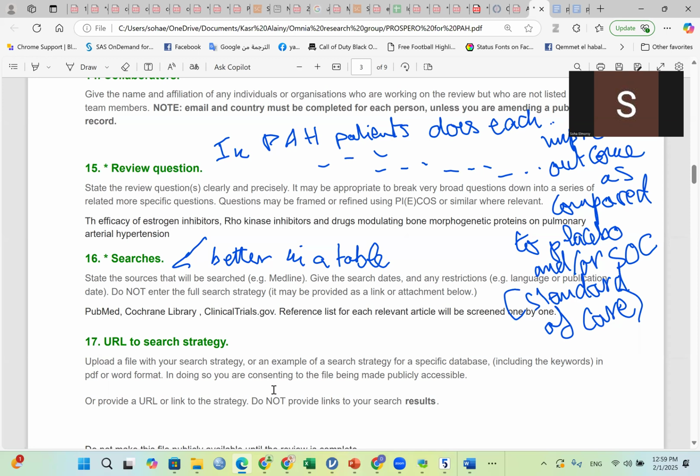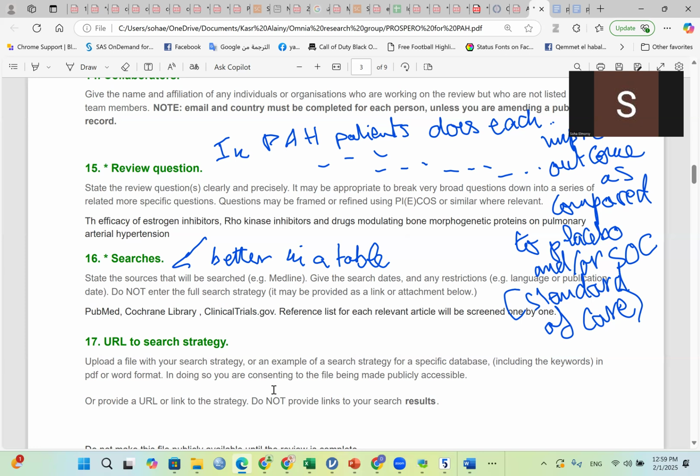start with your population. So, in this particular example, we wanted to make a systematic review about current treatments that are quite novel for patients with primary pulmonary hypertension because it's a disease that's difficult to treat, the prognosis is not very good, and so many novel therapies were being investigated at that time. So we start off with the population and we say in patients with pulmonary arterial hypertension, another name is primary pulmonary hypertension. So this is our population.